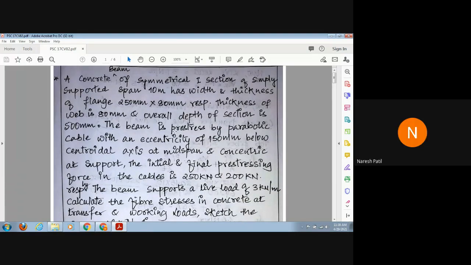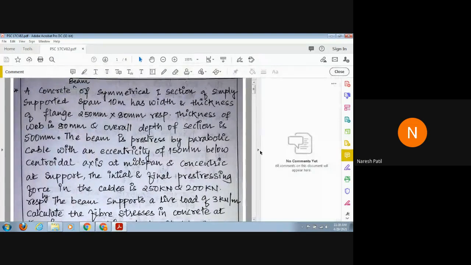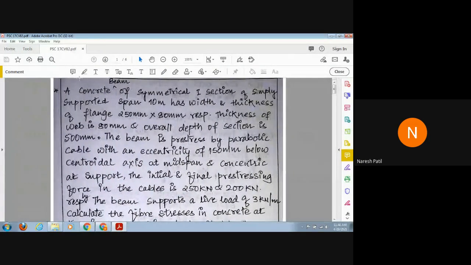Okay, so I'll read out the question here. This is the question paper problem. The next 2 problems were asked in the previous year and previous to previous year question paper. So please concentrate here. So you can judge what type of questions may be asked in the question paper. Okay, so here it is given.